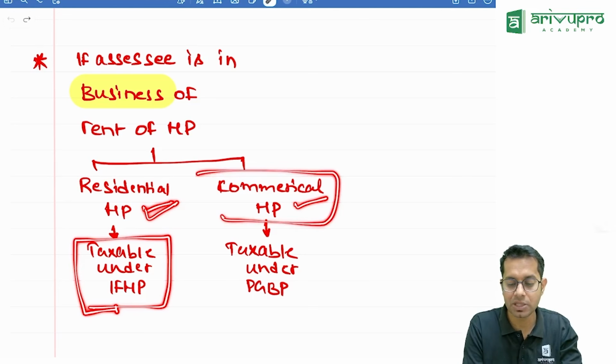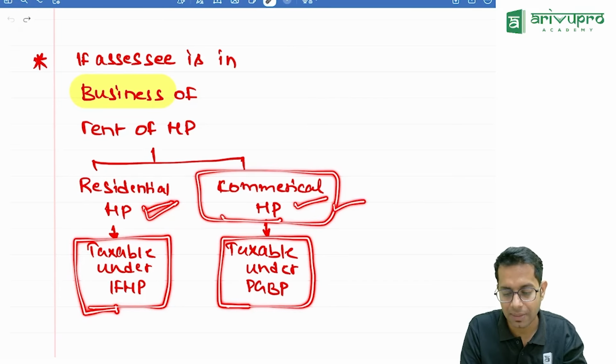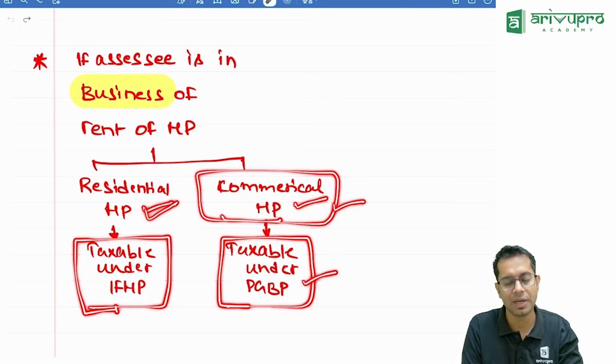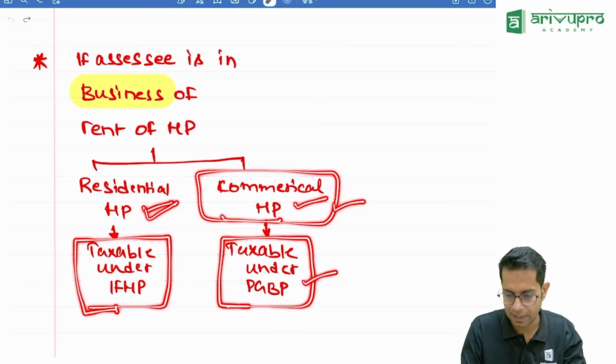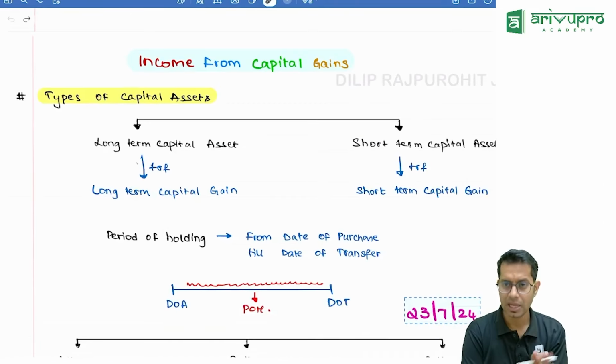But if he is in the business of renting of commercial house property, then whatever income he is receiving will be taxable under the head PGBP, the business income. Then under capital gain, of course, this is the chapter where maximum changes are there,